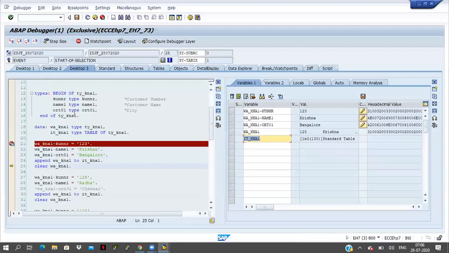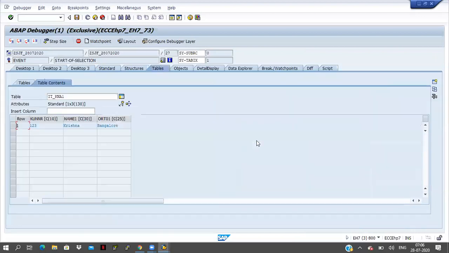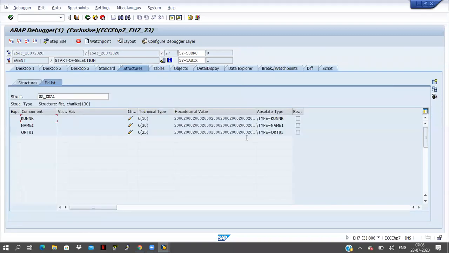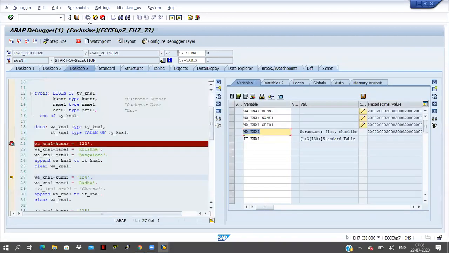Now, if I click on F5, I am clearing all the data. Whatever previous record or work area information is there, I am clearing the total data. The data will be there in KNA1, but I am deleting the data from the work area. If you don't clear, what will happen? Some duplicate data will come. Previous data will also come here in the current record. Now I'm clicking on F5.